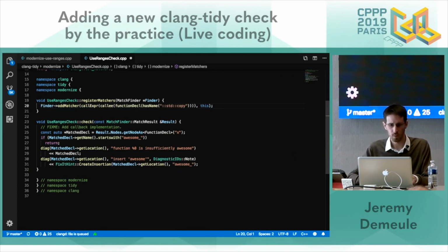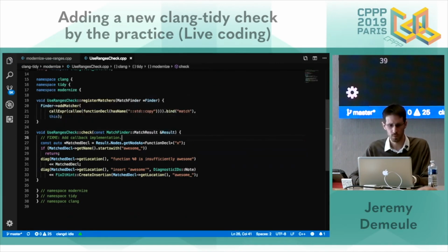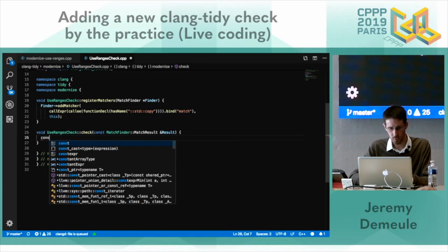So I will add my matcher, and I can give it a name, for example, match. What I did first is to retrieve what I've matched just before.